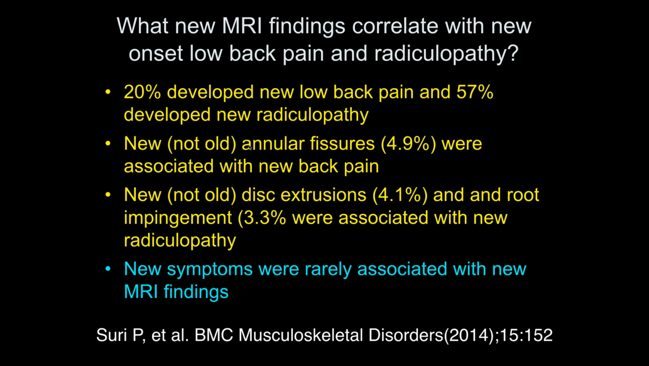They said new but not old annular fissures were associated with new back pain. So this is one of the few papers that actually shows that annular fissures may be associated with back pain. There's that other one from Korea, but most of the fissures were old, and it's only the newly acquired ones, and that makes some sense. If these annular fissures start out as annular tears, and then you get granulation tissue and they become stable degenerative change over time, it's reasonable to suggest it's only the new acute tears that would